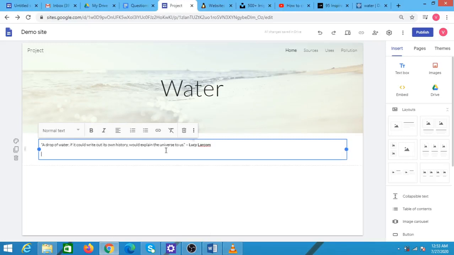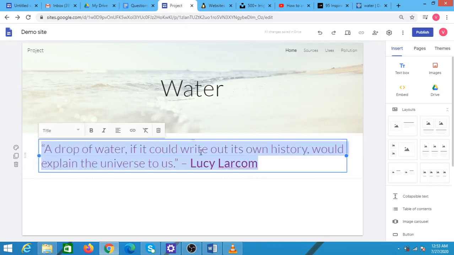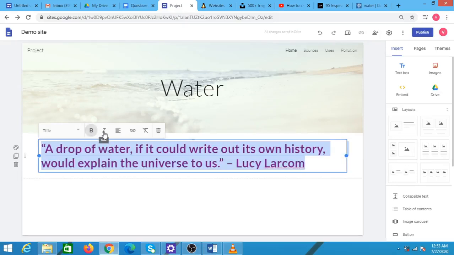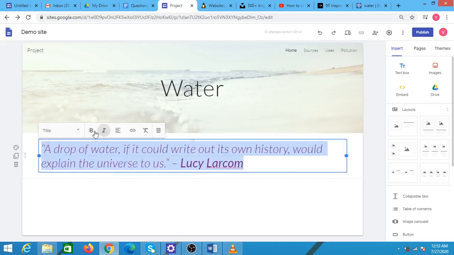So you can see that the quotation that I selected from the Word document has been pasted over here. If I wish to change any of the formatting options, I can change it from here. So this is written in normal text. I wish to make it a little bold or bigger, so I'm selecting the title option, and the color is automatically changed. You can make it bold if you want, or italics, change the alignment. So I'm just removing the bold, keeping it like this. So it is done. This is a horizontal block.